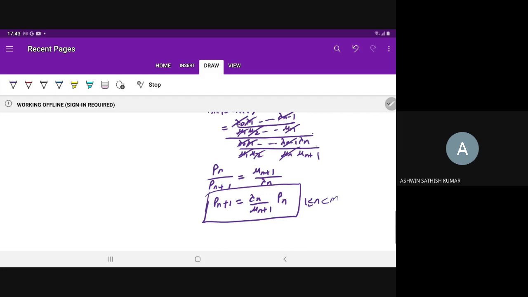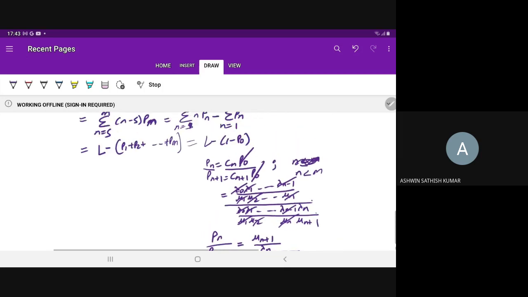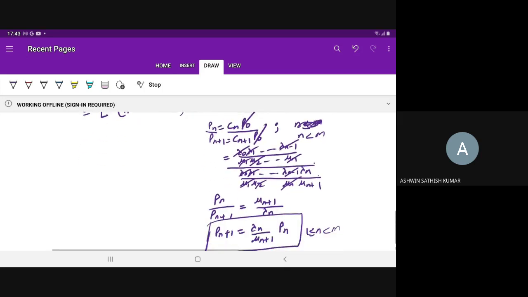Now, in this case, what are the lambdas for this range of n? All the lambdas are lambda. All the mu's are mu. So this will become rho Pn. Pn plus 1 is equal to rho Pn. So using this theory, this can be written